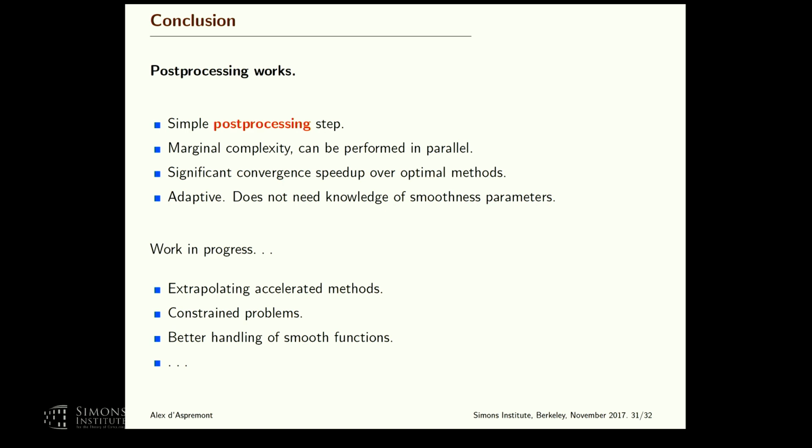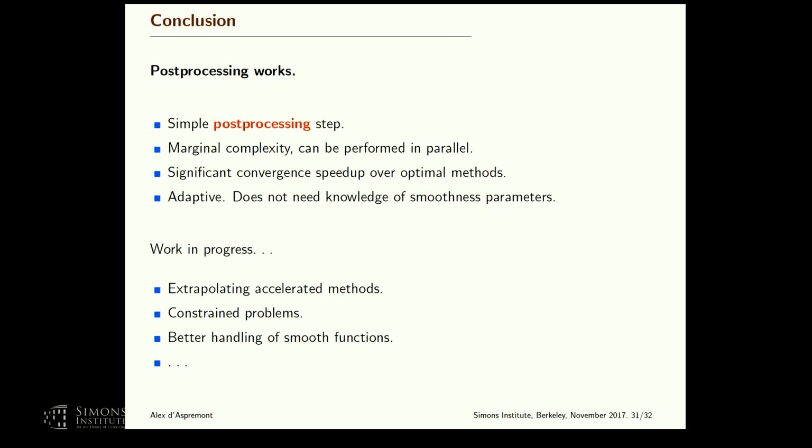Okay, so just to conclude, post-processing works. So if you remember one thing from this talk, it's that when you run an optimization method, it probably makes sense to recover the last few iterates and try to go a little bit further by doing averaging like we did here. Okay, in practice, it means solving a linear system, typically 5 by 5 or 10 by 10, so the numerical investment is absolutely minimal. And if you're lucky, and in many cases, at least in the convex case where things are smooth enough, this will work, you're going to get a much improved estimate of the solution. Okay? So the complexity is completely marginal, so it makes sense to try it no matter what.